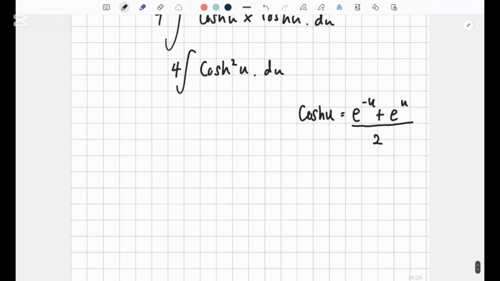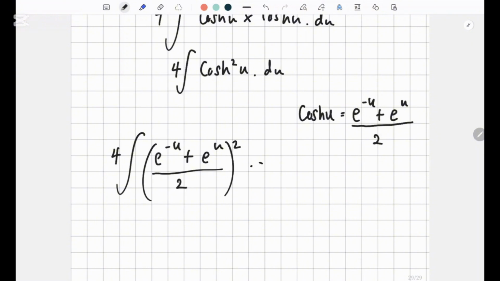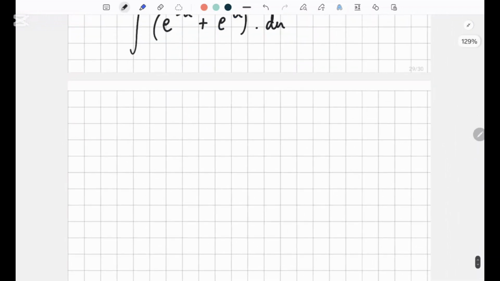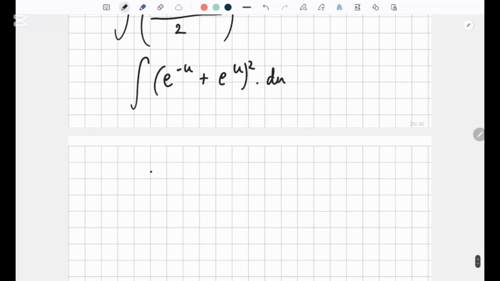So what we can do now is write e to the power minus u plus e to the power u over 2, squared, du. So now we have to integrate this. You can see 2 squared is 4, and 4 and 4 cancel off, right? This is what you have to do. So now let's expand this. This gives you e to the power minus 2u plus 2 e to the power minus u plus u,